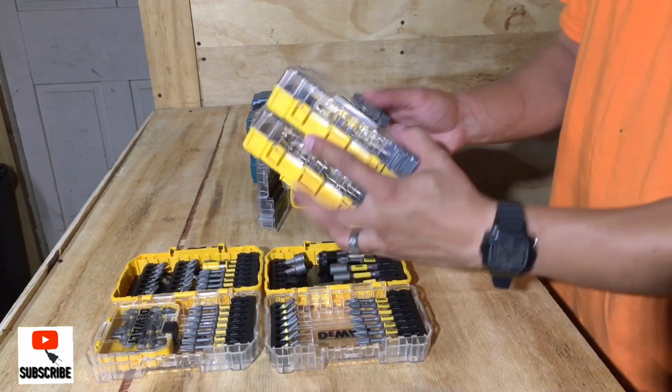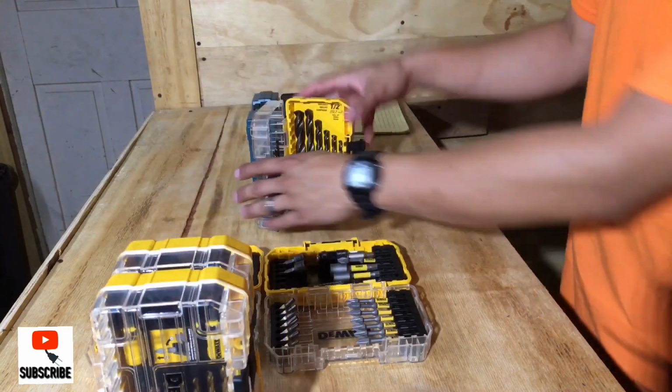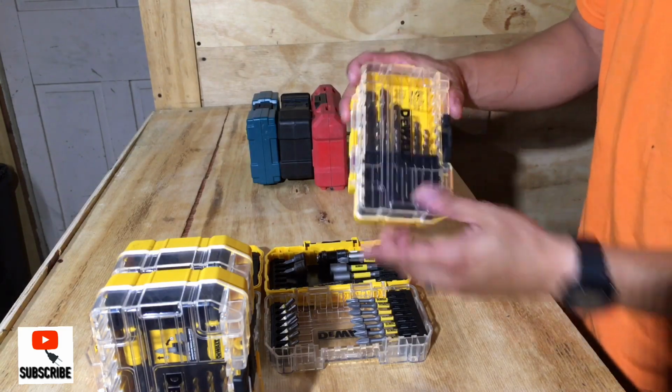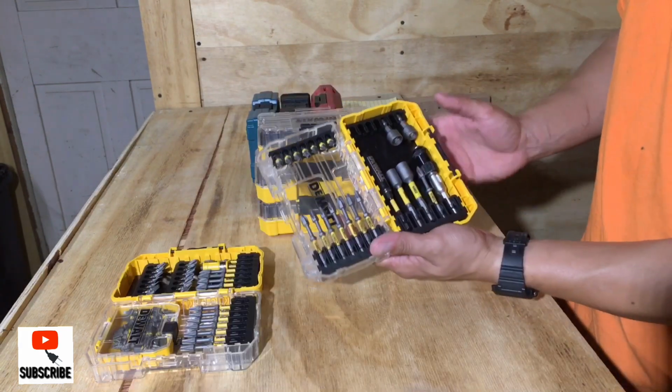I need my drill bits. Guess what? Look, I can see my drill bits now. I need my cobalt drill bits. I can just tell. You know, titanium and cobalt, you can just tell. I'm taking the driver bit,